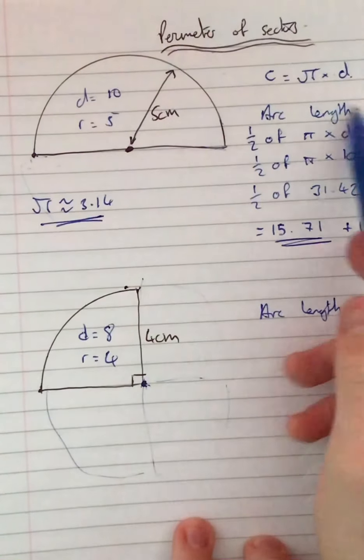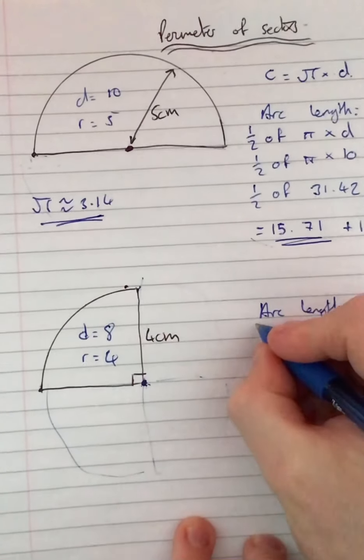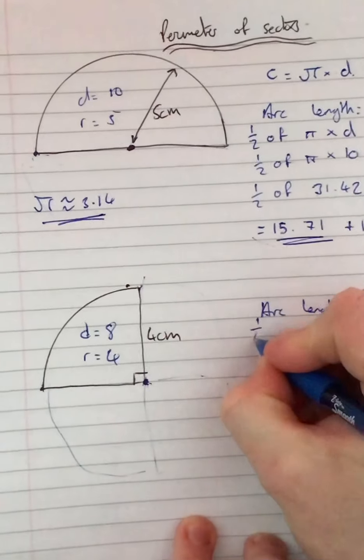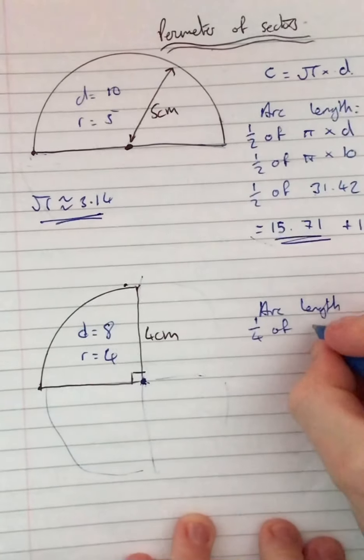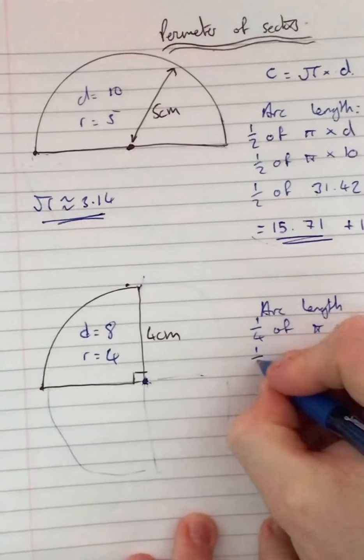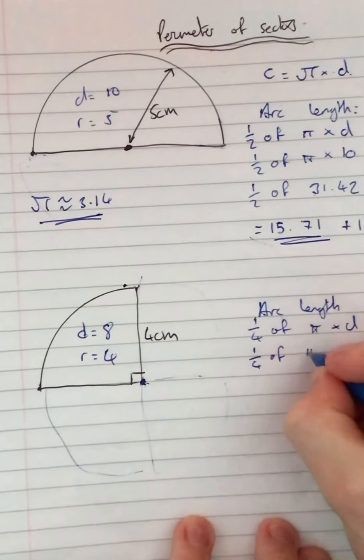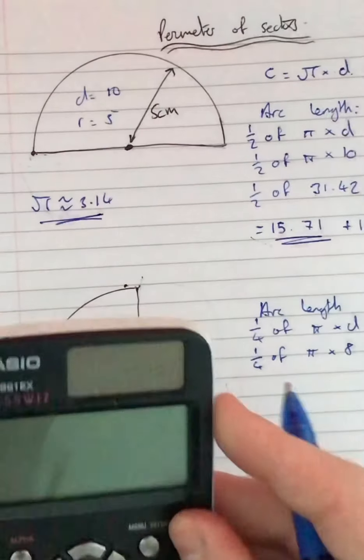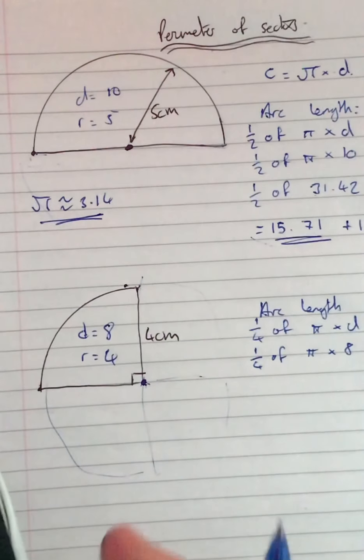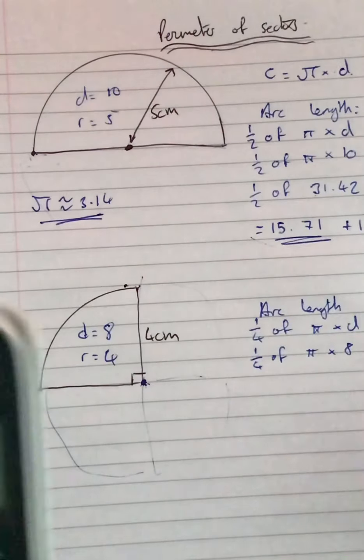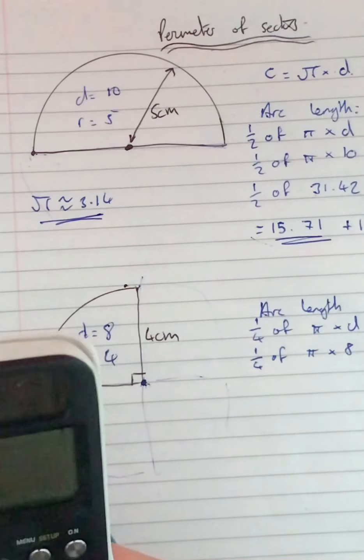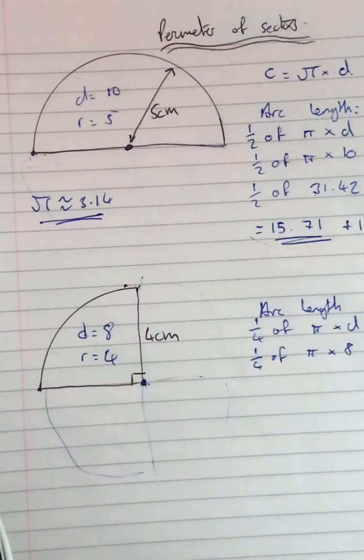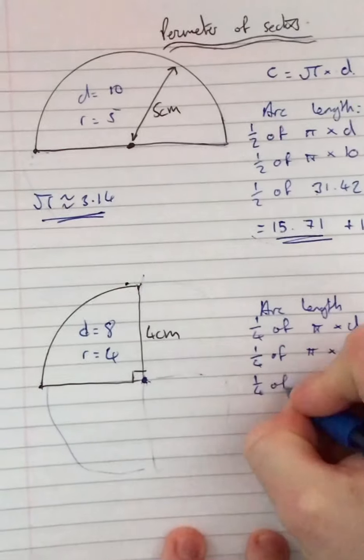Now, the only difference from this is that we've got a quarter of a circle now, not half of a circle. So it's going to be a quarter of pi times diameter. So it's going to be a quarter of pi times 8. And again, I'm just going to quickly do this in the calculator. If you don't have a scientific calculator, you're going to do 3.14 times 8. I'm actually going to do pi times 8 because I've got a scientific calculator. Remember, if you're using the scientific calculator, press the SD button to get your answer from 8 pi to a decimal answer. So, we want a quarter of